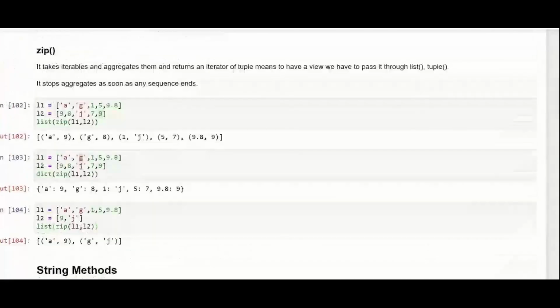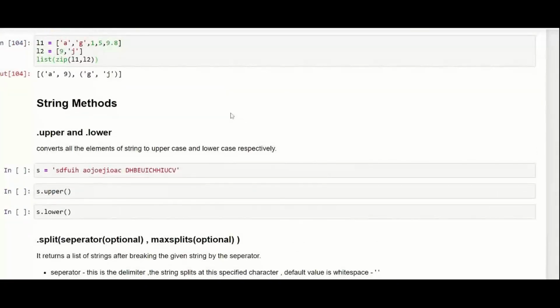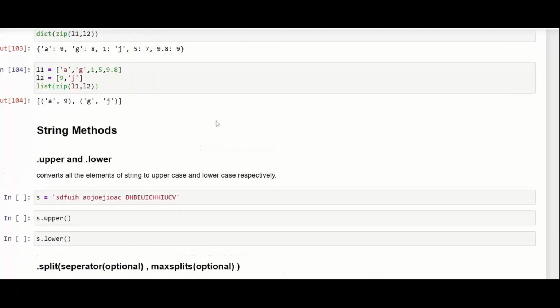So string is also more of a data structure. Okay, so we covered up to zip. Does anyone of you have any doubt in this till now? And did you get the logic of how you will be doing this, combining set, enumerate, and for loop? Any doubt? I'm not going to tell you the complete logic, but I would request you to please explore the same during the weekdays. We do have a class tomorrow. I hope most of you will be able to solve it by tomorrow and present in tomorrow's class. That would be great. Does anyone have any question till now on the set, dictionary and all?